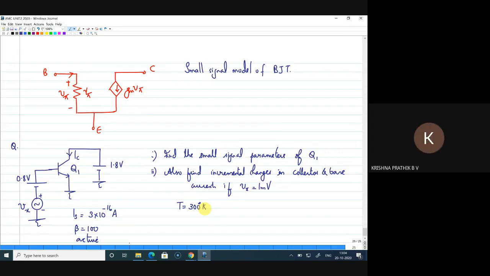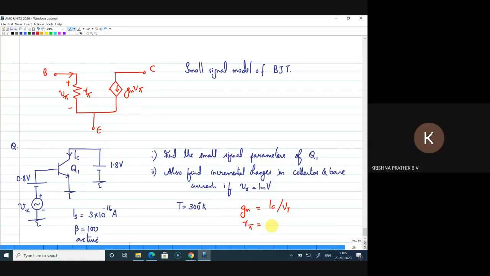I'm finding it for the first time. I can get the IC value, then from that I can get RE and R pi. Yes, that is correct. So small signal parameters can be evaluated from the DC operating point or the DC conditions only, right? Yes, sir. So you stated that you want to evaluate GM and R pi, but how will you evaluate these two? GM can be evaluated if you only know the DC collector current, IC. I got capital IC, then small IC from that, then GM I still have to do. Now, how will you find small IC from capital IC?